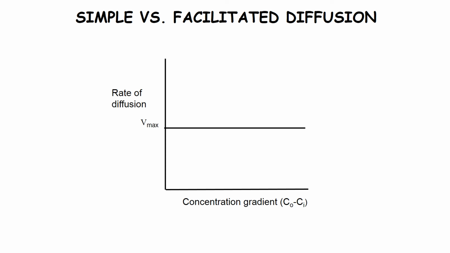So based on the property of saturation kinetics, we can have this graph that depicts the rate of diffusion of a substance along the concentration gradient. The diffusion of the substance can either occur from extracellular fluid to intracellular, or it can occur in a vice versa direction. So when we have this graph, that is a linear graph, the rate of diffusion is directly proportional to the concentration gradient difference.